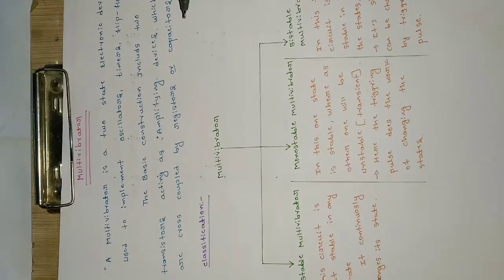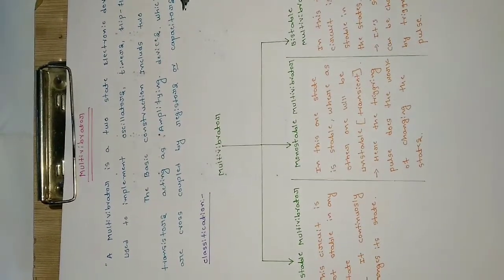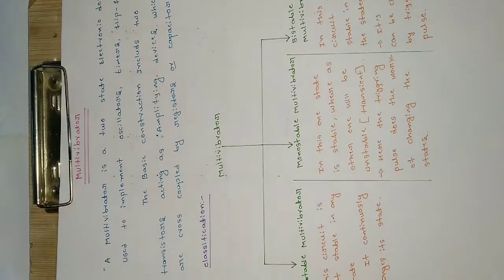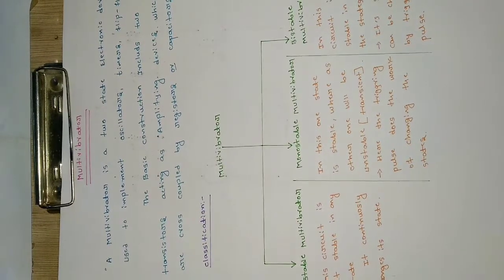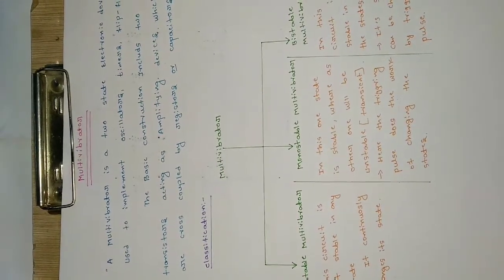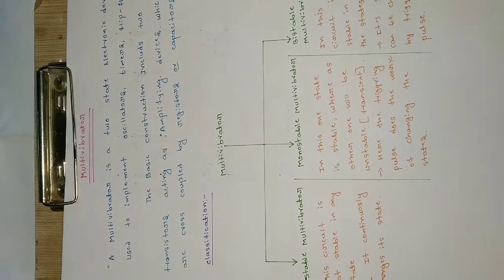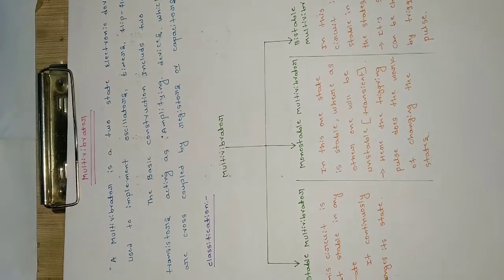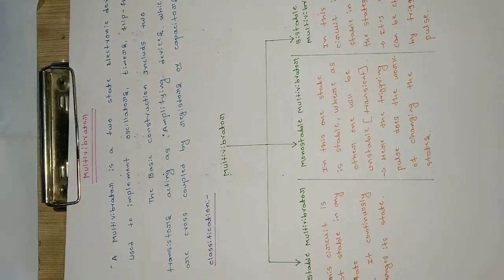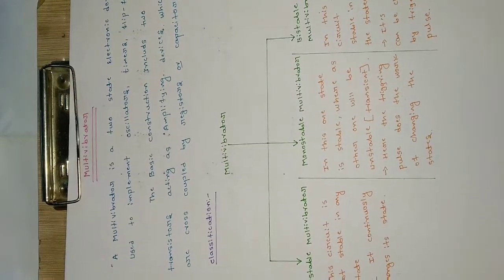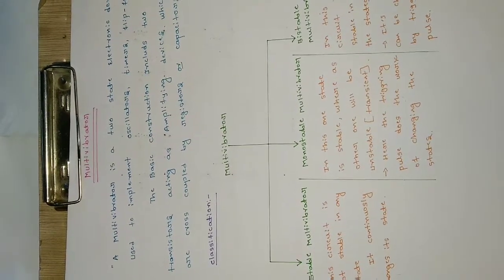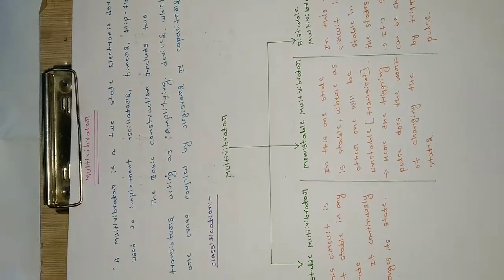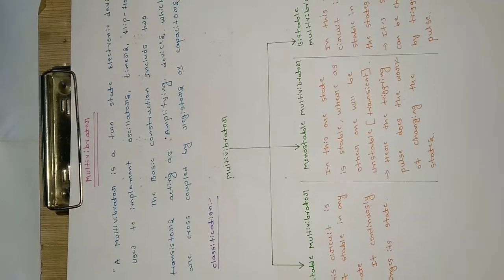Basically, multivibrators work on the Barkhausen criteria, that is, the loop gain of the control system should be slightly greater than unity so that oscillations will be created. If the loop gain is less than unity, then the circuit decays and no oscillations will be created. But if the loop gain is very much greater than unity, then the circuit will get overdriven and the output is not suitable for use. So it should be only slightly greater than unity in order to get sustained oscillations.